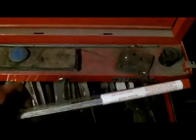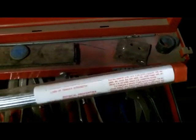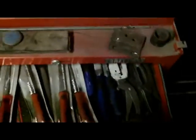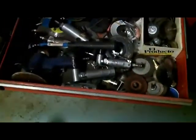Aluminum welding rod. This is a Harbor Freight special. Let's see if I can find anything on it here. Basically, you melt this on with a torch. It doesn't work too bad. I bought it. I tried welding a flywheel for a push mower. That was the best worst idea I ever had. Did not work. This drawer, I don't know how my body hammer got in there, but